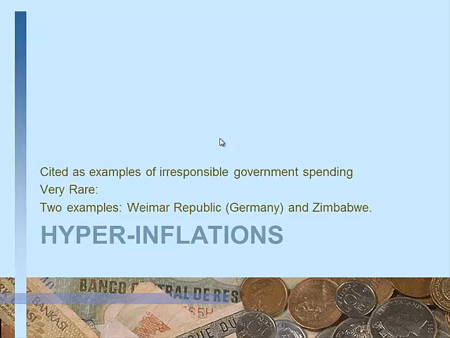So the textbook discusses these because these are the standard counter arguments to MMT. So what actually did happen in hyperinflation? There were two known cases. These are very rare. One is the Weimar Republic, which was Germany between the two wars, between World War I and World War II. There was a hyperinflation in Germany,